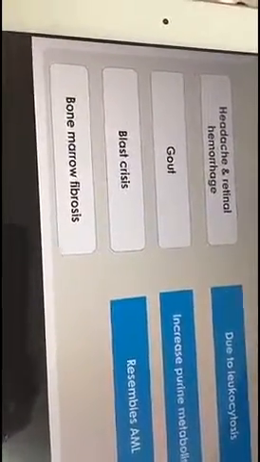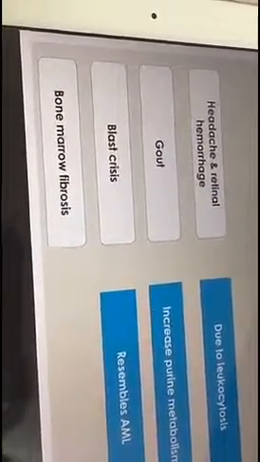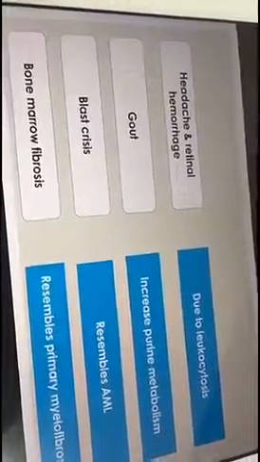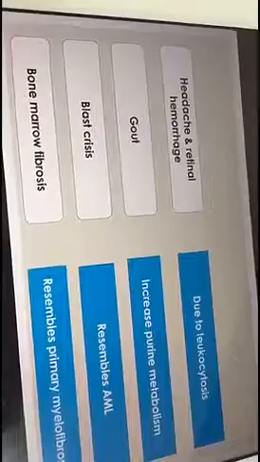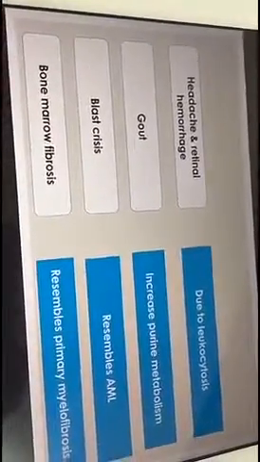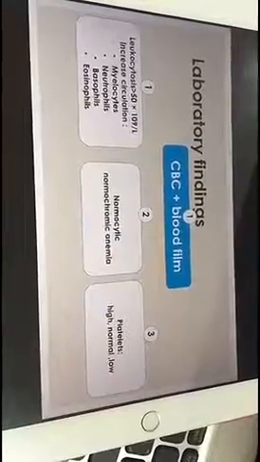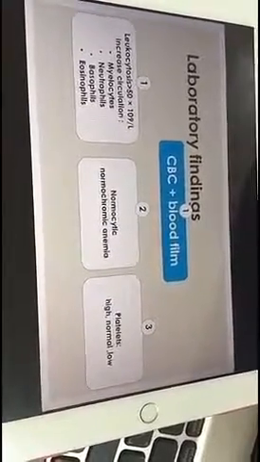يزيد البروليفريشن of الليمفوبلاستس، فبالتالي يؤدي إلى بلاست كرايسيس. وأيضا ممكن يصير عندنا bone marrow fibrosis، ففي هذه الحالة symptoms of the chronic myeloid leukemia will resemble the symptoms of primary myelofibrosis. لما نعمل CBC و blood film راح نشوف ال WBC's count is very high وكل الجرانيولوسايتس موجودة،